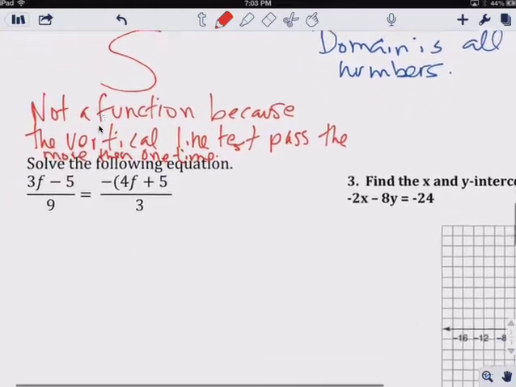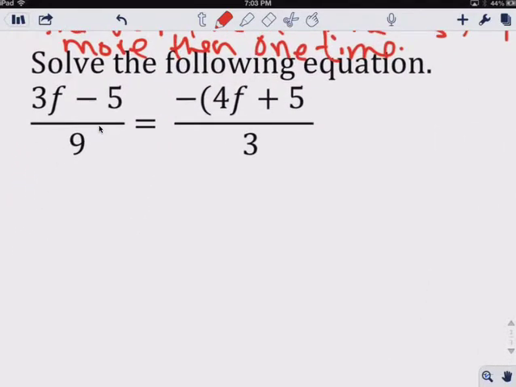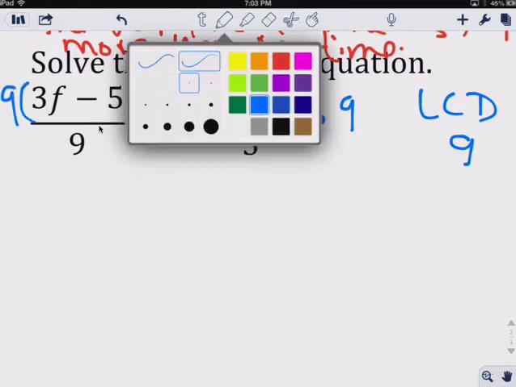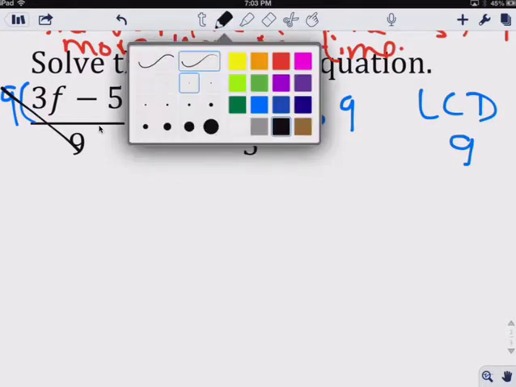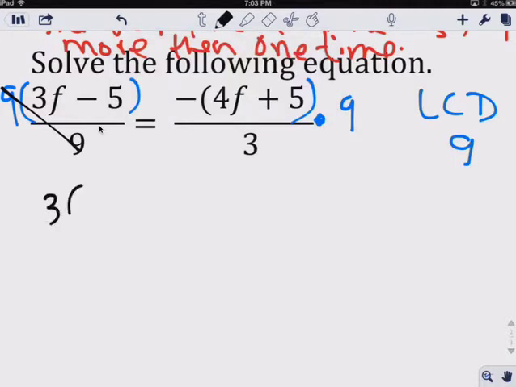Okay? This one. Least common denominator, guys. Least common denominator is 9. Times by 9. Times here by 9. Cancels out. That leaves it a 1. 1 times anything is itself. So that leaves you 3f minus 5. Times this by cross cancel. That's a 3. 3 times this negative right here equals a negative 3